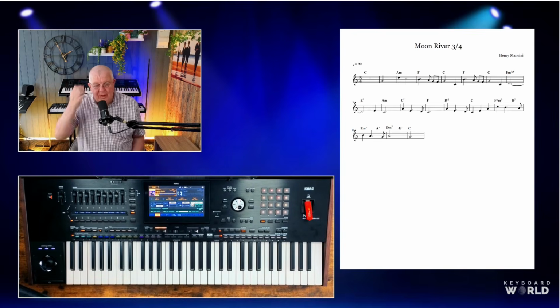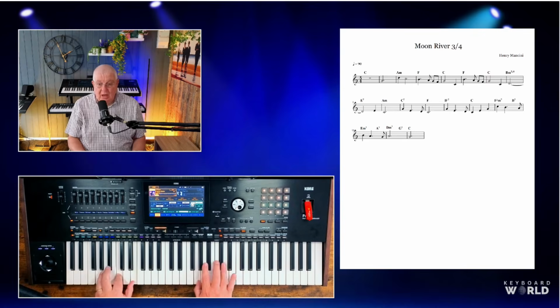So on and so on. Now, just before we move away from this sort of basic version, I just want to point out a couple of the chords, and also just a couple of points of the genius of the composer, which of course was the very great Henry Mancini, one of the greatest songwriters of all time, one of the greats. The chords, to begin with, start off very, very simple and very straightforward. We've got a C, A minor, an F, to a C,